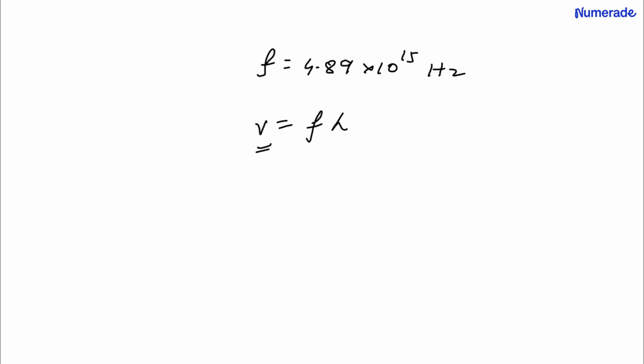Now this velocity is nothing but, for electromagnetic radiation, the speed of light, and UV light is itself a light. So the velocity is 3 times 10 to the power of 8, the frequency is 4.89 times 10 to the power of 15, and lambda you need to calculate. So let me just calculate and see how much we have here. 3 times 10 to the power of 8